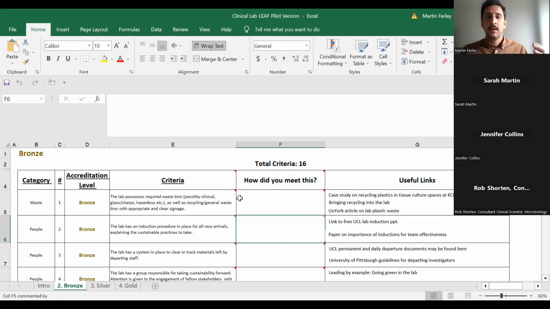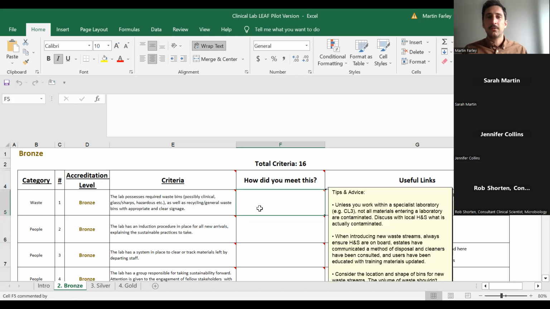Now, for reference, I don't know if anybody has come across this, but the Royal College of Emergency Medicine are doing something for A&Es, for ED environments, so emergency departments. And that's something that I worked on. It's a very similar idea, which was to come up with a standard framework for them so that they can transmit it out. And that's been launched actually last week. Even if you don't work in A&E, I'd encourage you to check it out because I think it's a really lovely program. I'm biased, but it's kind of what we're trying to do now with your lab spaces.